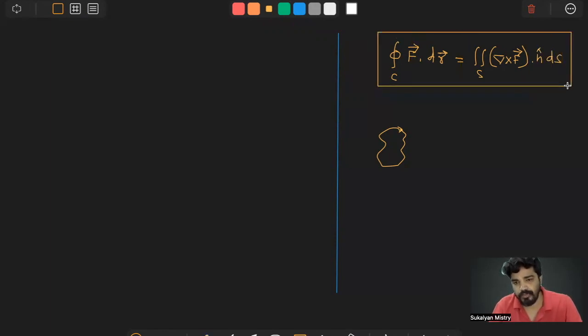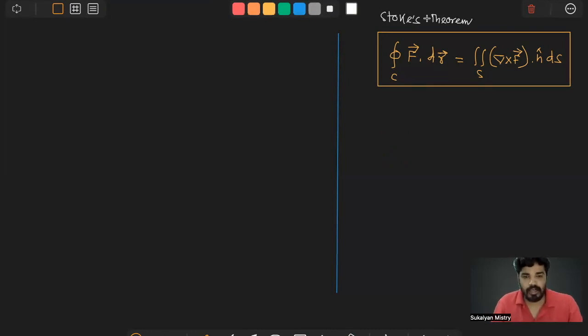Integration over C f dot dr is equal to double integration over S del cross f dot n ds. Del cross f means curl f. ঠিক, জাস্ট এই থিওরেমকে আমরা অ্যাপ্লাই করে প্রবলেমটা সলভ করব। ঠিক আছে, so note down this is known as Stokes theorem. So integration over C f dot dr is equal to double integration over S del cross f dot